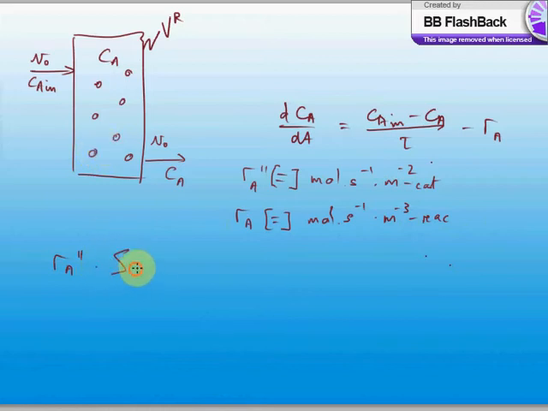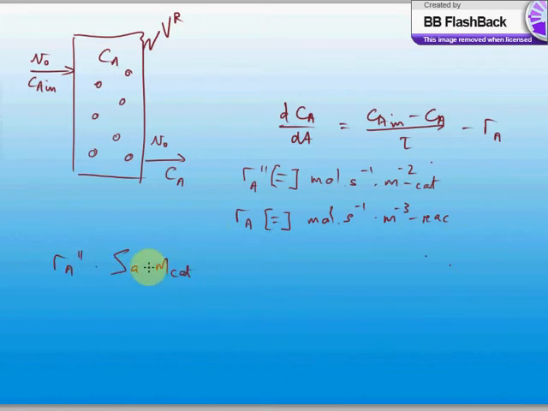So let's say we have the specific surface area, the area per mass of catalyst particles, then this product here, moles per second per square meter times square meters per kilogram, gives us moles per second per kilogram of catalyst. And then if we just multiply by the mass of catalyst here, then we have moles per second of A